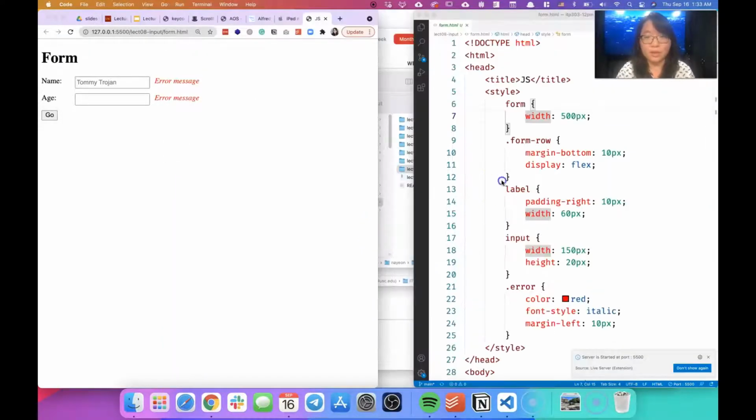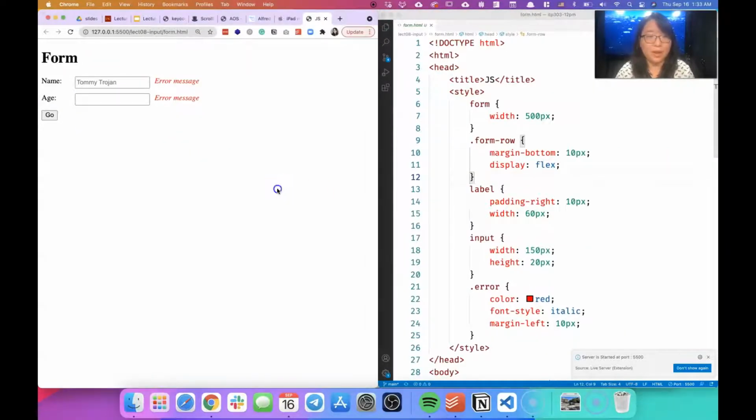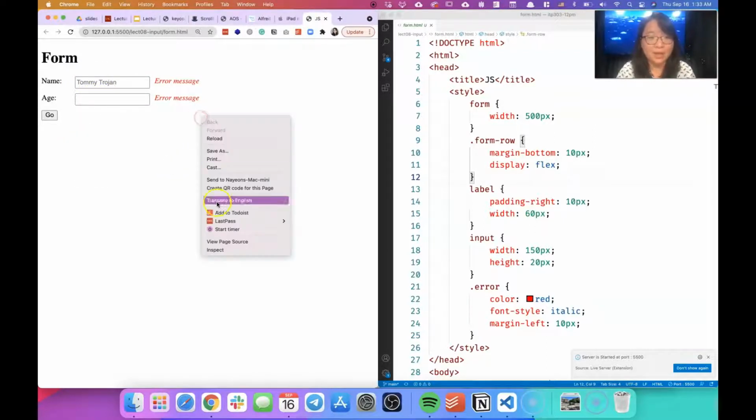and here we go. Notice we have a form. Okay, we put name, age, and go. Okay, we'll come back to that. Right click here and click on